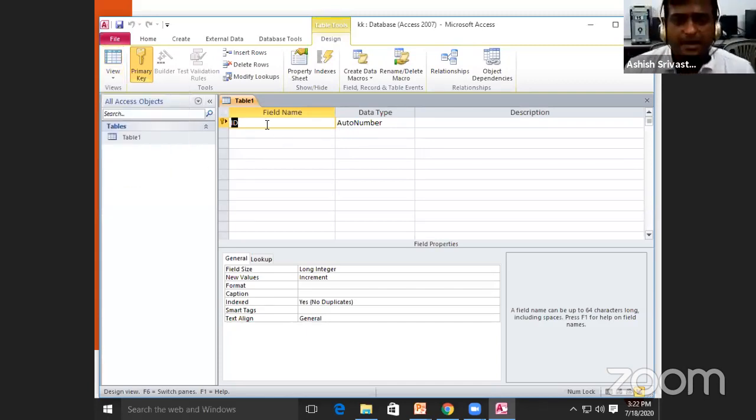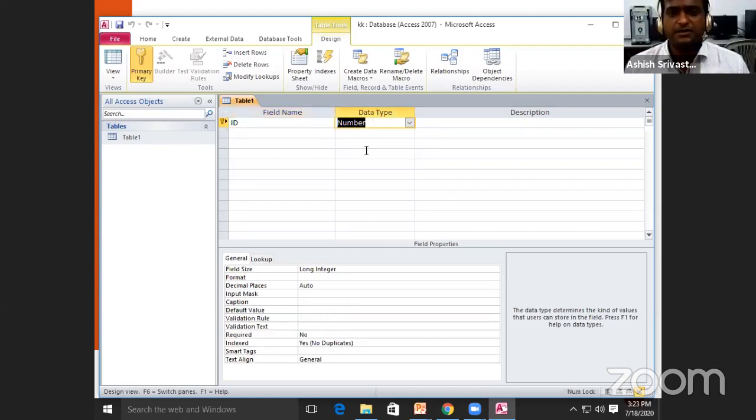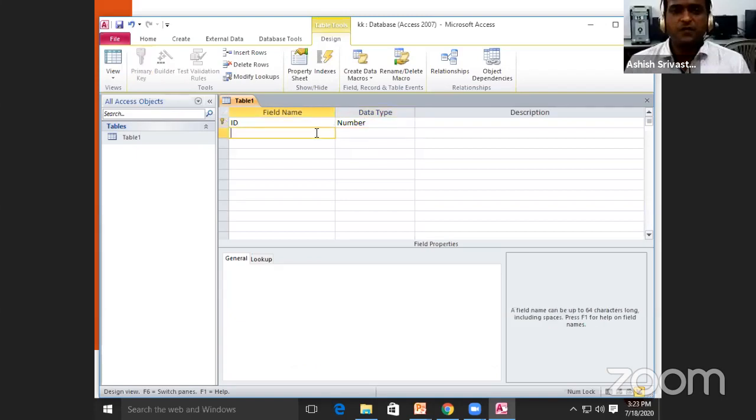तो जैसे कि मैंने यहाँ पर डिज़ाइन व्यू ओपन किया हुआ है और सबसे पहले यहाँ पर आईडी नंबर लिखा हुआ है। ID is the unique identification to access any particular record. चूँकि आईडी जो होगी इंटीजर नंबर के फॉर्म में होगी, इसलिए यहाँ पर डेटा टाइप हम ऑटो नंबर या नंबर सेलेक्ट करेंगे।